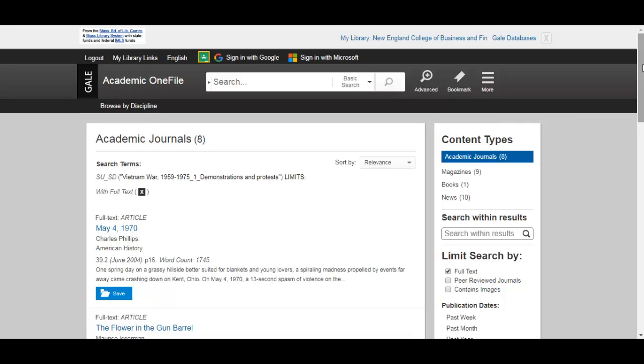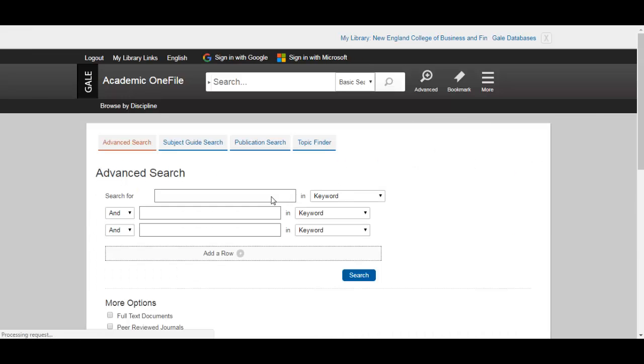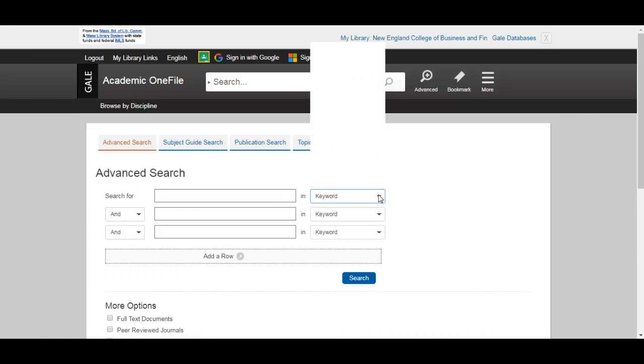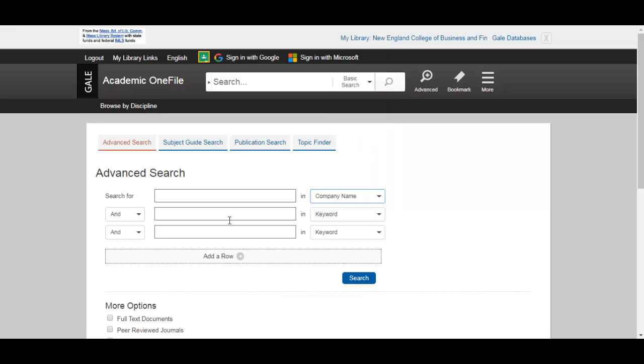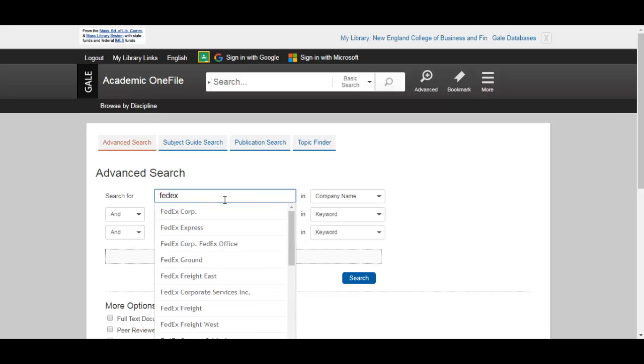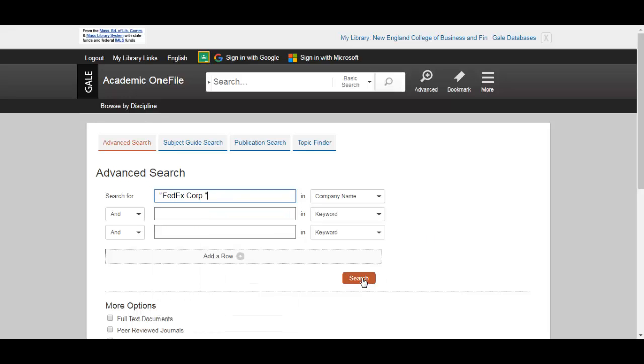War. Now another way of searching in this database is to go over here to advanced, and here you could search by whatever term you choose. In this case, if you click on this little down arrow, you can see all the different options that are available. You can search by author, by brand name if you're doing some company research. You can search by subject, or search the entire document. In this case, I want to do a company search. I'm going to say company name, and I'm going to type in FedEx, because I'm doing research on the FedEx Corporation. Click on that, hit search,